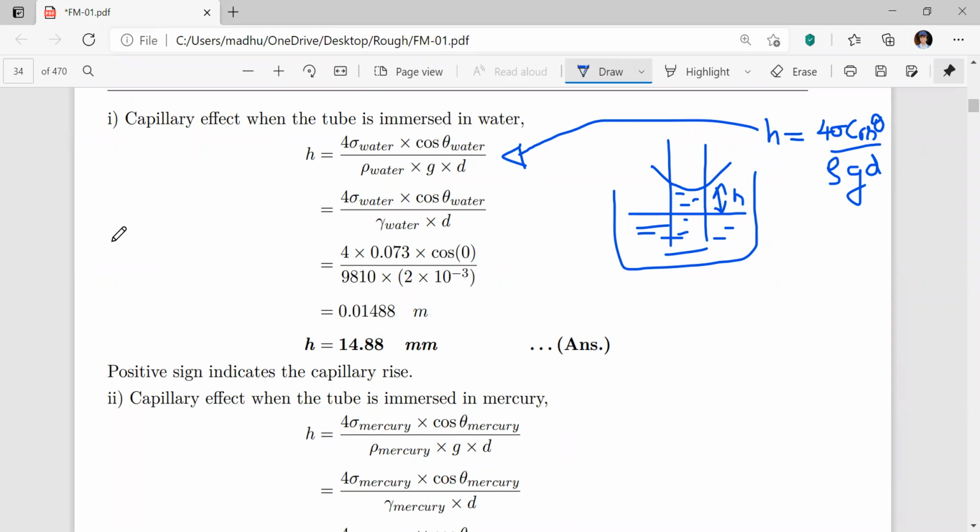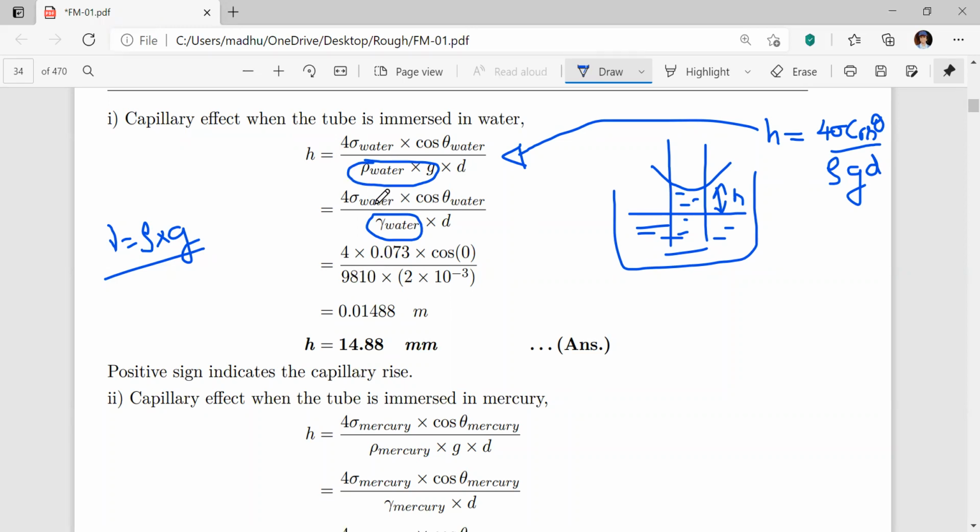Rho G is equal to what? Specific weight. Okay. Gamma is equal to rho into G. Density into acceleration due to gravity is nothing but weight density or specific weight. So these two terms are replaced by this term, that is gamma of water. Gamma of water is nothing but 1000 into 9.81, that is